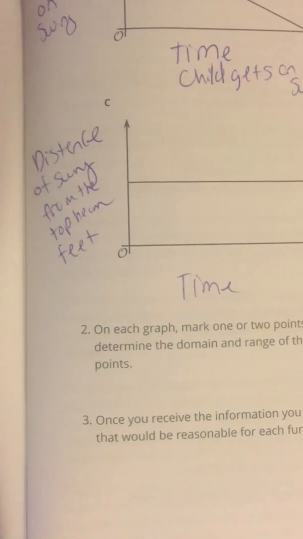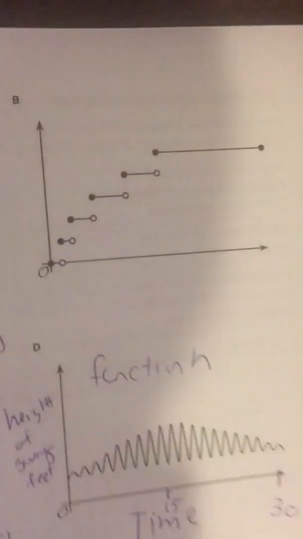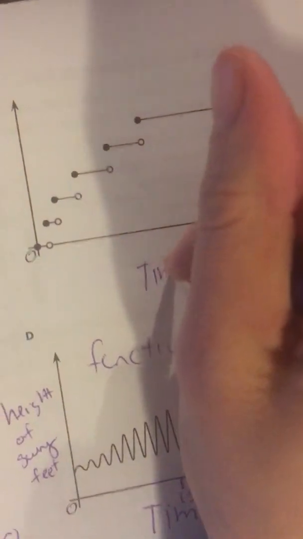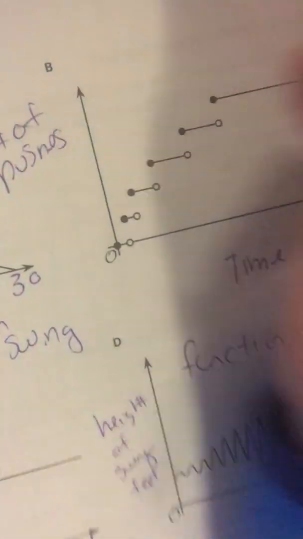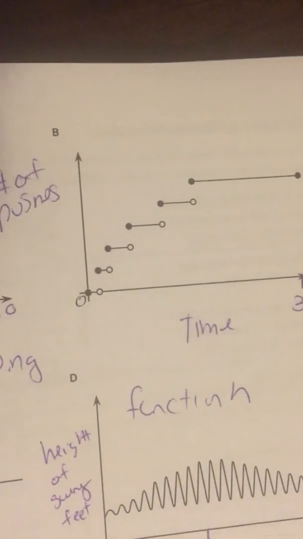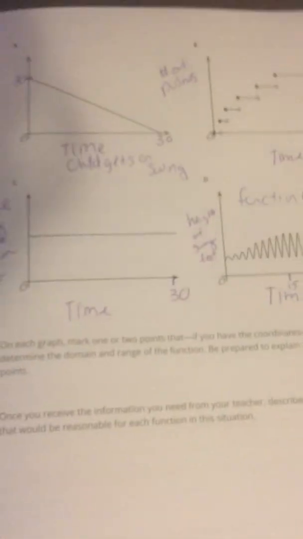Okay, and then function S goes with graph B. Okay, so again, our time, and this is 30. Okay, and then our dependent here is the number of pushes the adult gives the child. Okay, all right, if you haven't already, you're going to need your pink paper for parts number 2 and 3. Okay, your teacher hasn't given